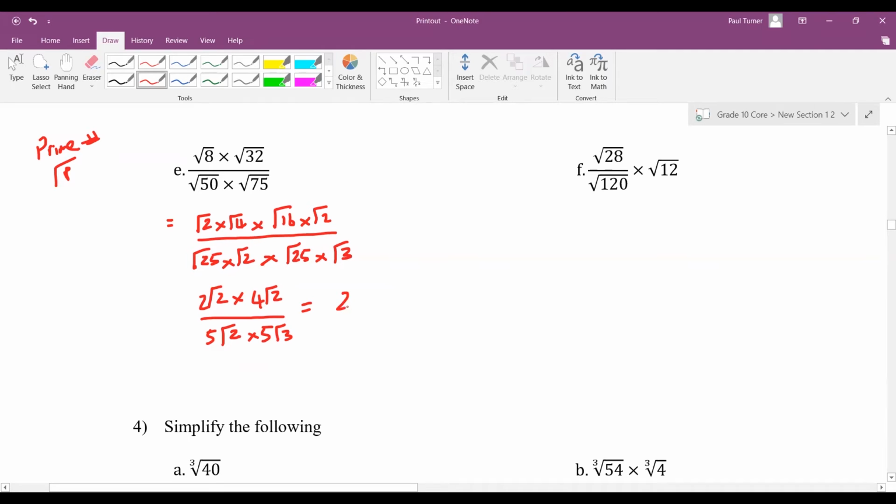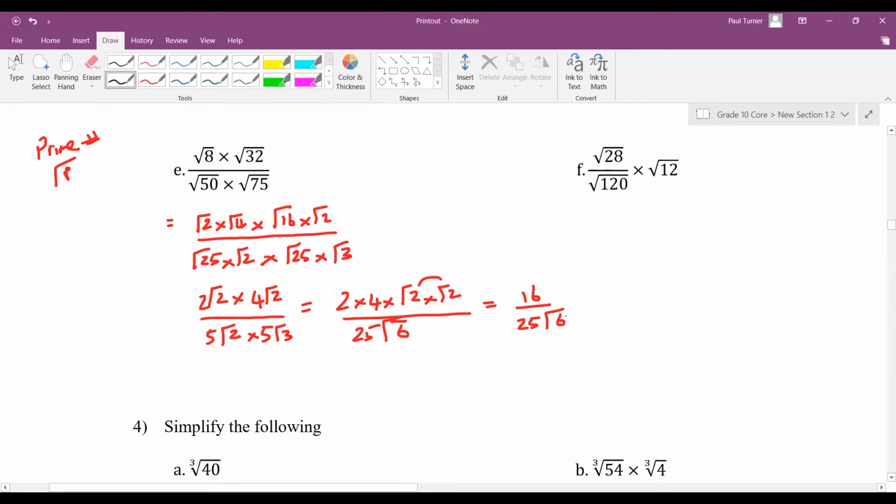So let's just put everything together. So 2 times 4 times root 2 times root 2. And you've got 5 times 5, which is 25. Root 2 times root 3 is root 6. So root 2 times root 2 is 2. 2 2s are 4. 4 4s are 16 on 25 root 6. So you could stop there, but maybe the root 6 in the denominator is something we want to get rid